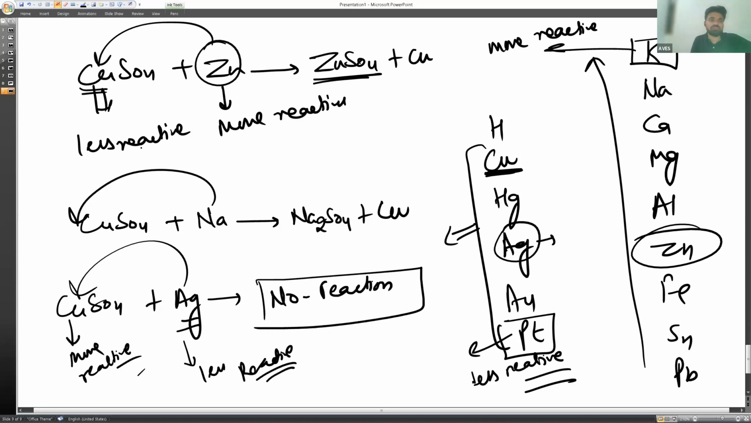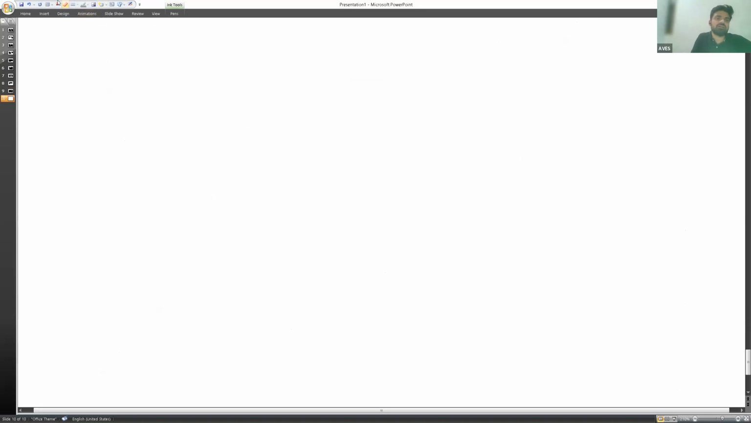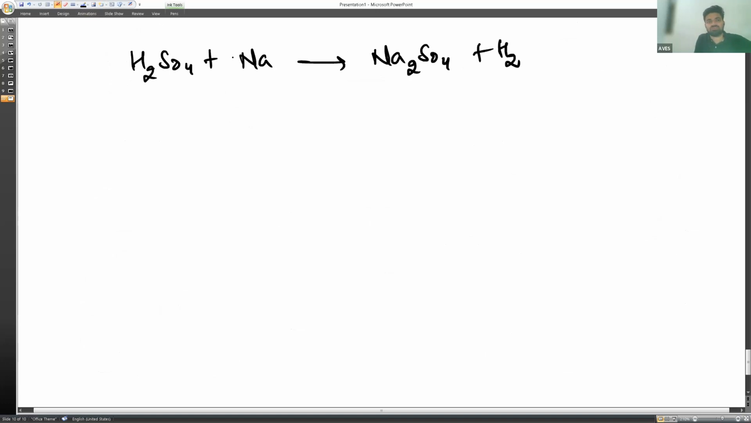Yes, sir. Similarly, if you write H2SO4 and you react it with sodium, it will give you sodium sulfate, Na2SO4, plus hydrogen gas. This is the general reaction that we have studied. This is acid, this is metal, salt plus hydrogen gas. But if you take